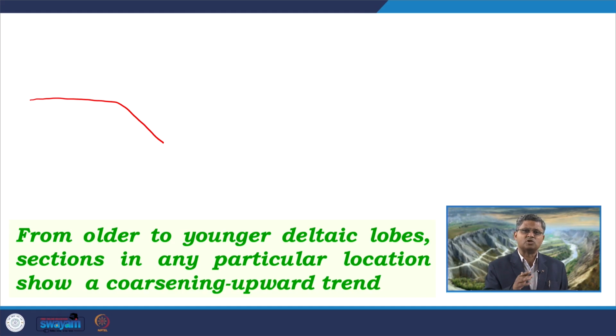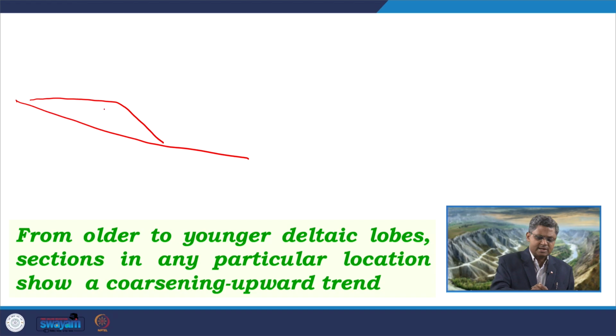So, what kind of changeover can we expect? Say in the initial phase, if this is the first phase of delta lobe formation, and this is the substrate available, on this substrate the initial grains will be supplied through the river coming in over here, having a high gradient. This river is a braided river, as we discussed in our previous lecture, and it will supply a large amount of sediment, dominantly coarser grained.